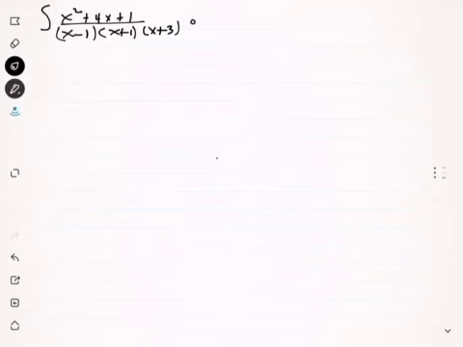Okay, today we're going to do integration by partial fractions. So let's take a look at the first example. We have the integral of x squared plus 4x plus 1 divided by x minus 1, x plus 1, x plus 3 dx. First thing is we're going to write this as the integral of a divided by x minus 1 plus